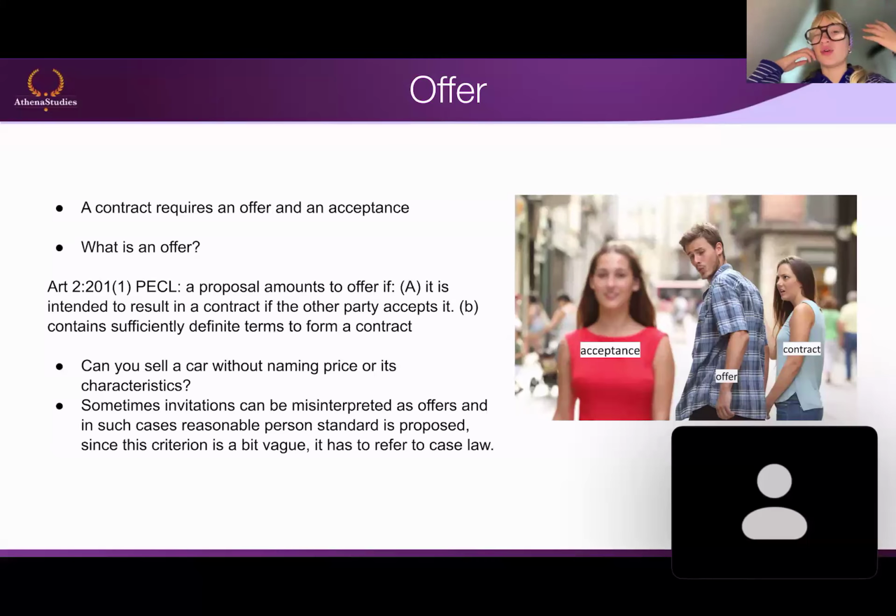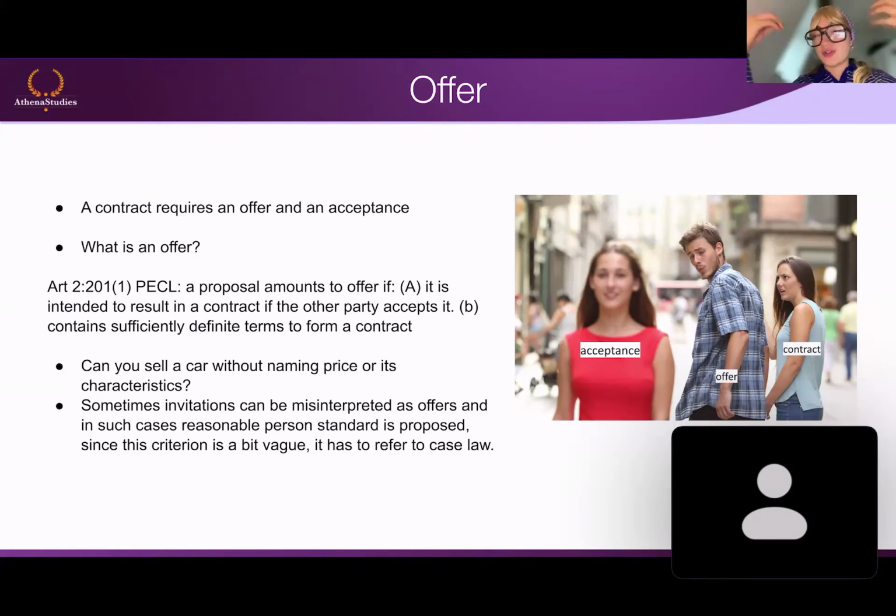We know that in order for a contract to be in place, to be effective, there has to be an offer and an acceptance. Firstly, we're going to discuss an offer. What exactly counts as an offer is the question we might want to ask ourselves and also analyze throughout the exam, to not mix it up with other things that I'm also going to discuss. So basically, the Principles of European Contract Law, which is soft law, and I think you were advised not to use that in the exam, so do not reference it. Just know the content because it explains it very well, and write it in your own words.